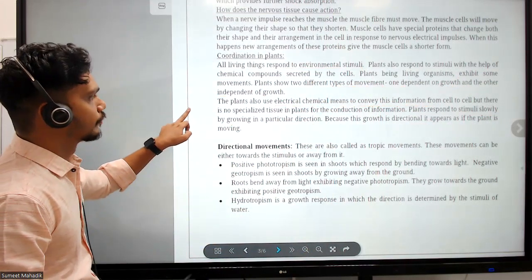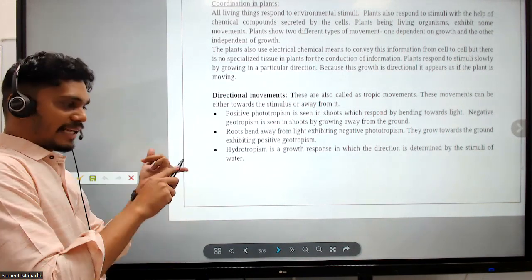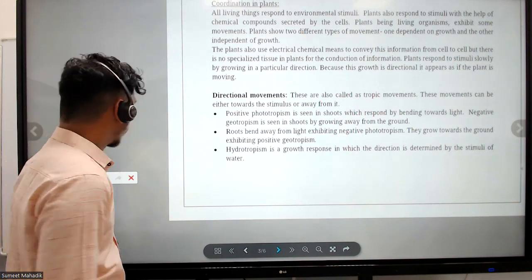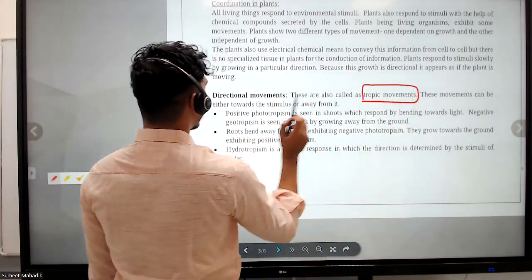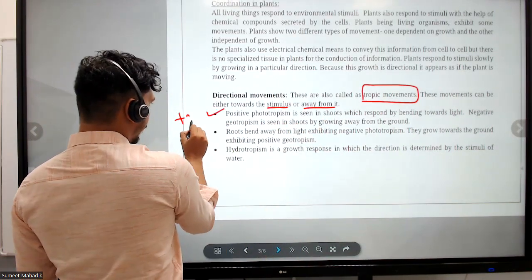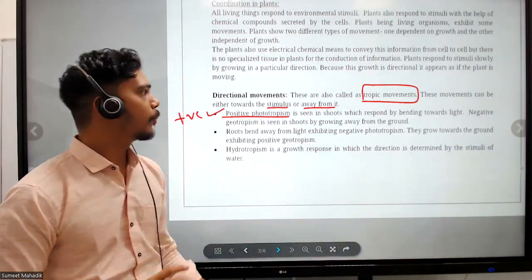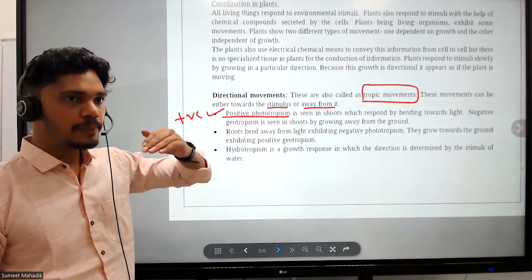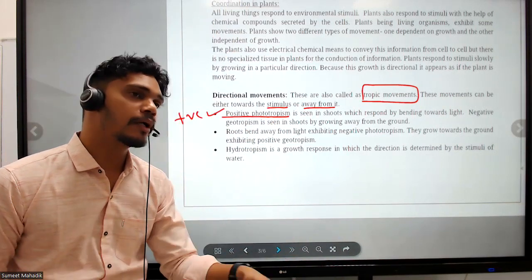Now, directional movement is also called tropic movement. See, I told you, towards light, towards gravity. These are called tropism. Tropic movements or tropism. The movement can be either towards the stimulus or away from it. First, positive phototropism. Who will show you positive phototropism? Shoot. Shoot will grow towards the light, but root will be negative phototropic because it's going towards the